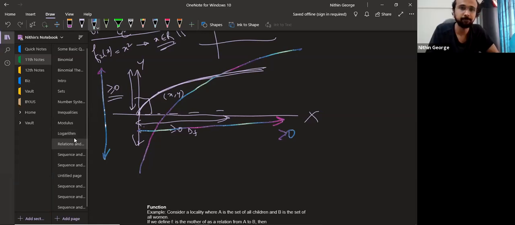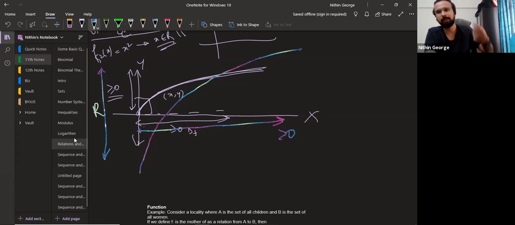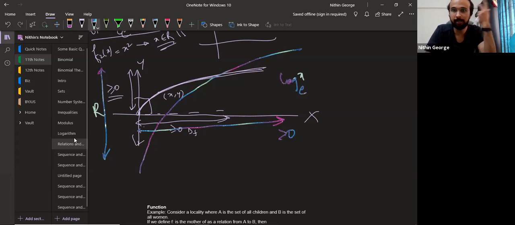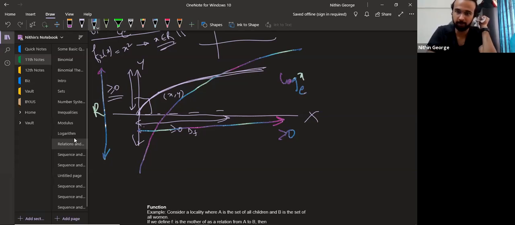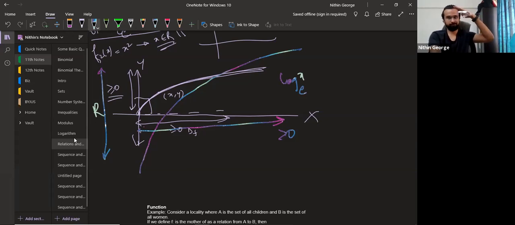Okay. The range will be the set of all real numbers. From this, you can see this goes to minus infinity. This goes to a huge value. Like you write e raised to 10,000, e raised to 100,000 for x. So log x to the base e will become 10,000, 100,000, and so on. So log e raised to huge value will become a huge value. That's why you can say it will go to a huge positive value also if required. So you can say this graph extends to infinity. It looks like it's flattening out, but you will never see it decrease.